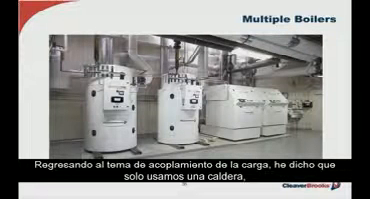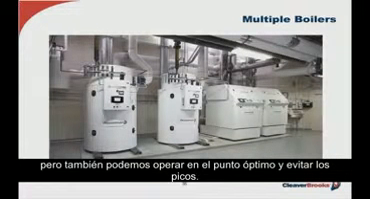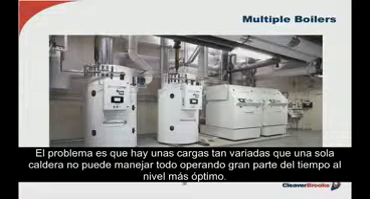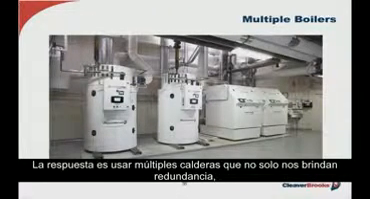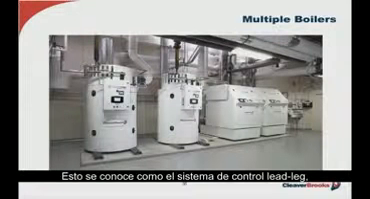Returning now to optimum load matching, what I've been referring to so far is a single boiler being selected to meet the load, but also operate most of the time at its sweet spot when not handling various spikes. The problem is that some loads are so varied that one boiler cannot match the extremes while spending the majority of its time at its most efficient firing rate. The answer in this case is multiple boilers which not only provide redundancy, but can be selected so as to optimize their most efficient firing rates, calling for them to fire when the load demands and cycle down or off when the load dissipates. This is referred to as a lead-lag control system,